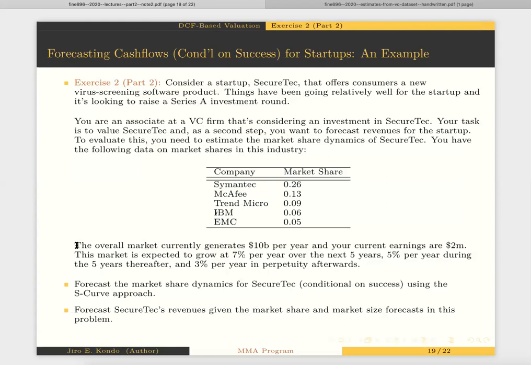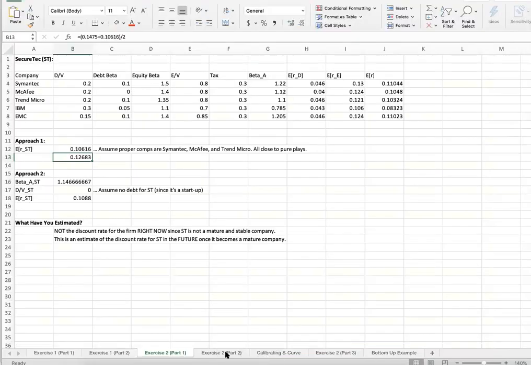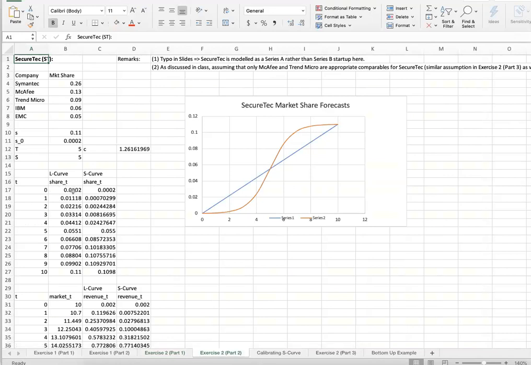We're going to assume third-party estimates of the overall market size for the virus screening market. The market is currently $10 billion per year, and we'll assume that professional forecasts by consultancies estimate that this market is going to grow by 7% per year over the next 5 years, 5% per year during the 5 years thereafter, and 3% per year in perpetuity afterwards. So what I have in my slides is estimates given this data of